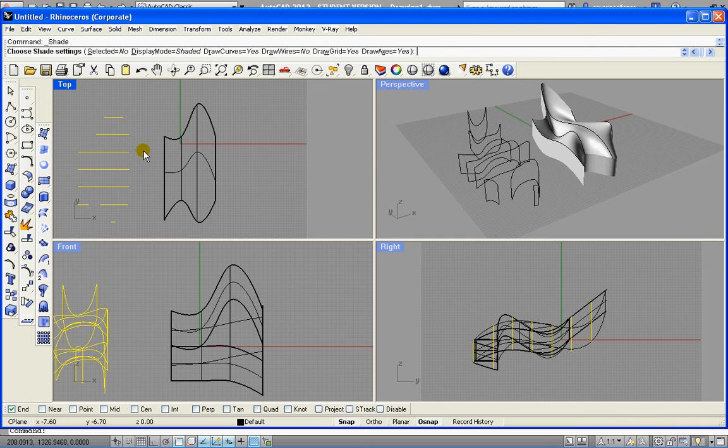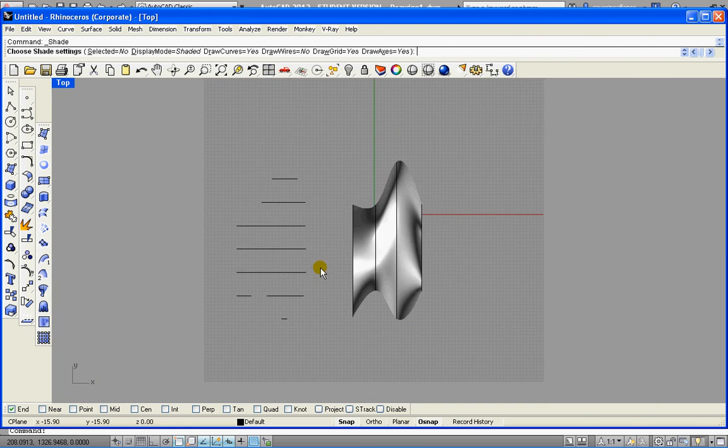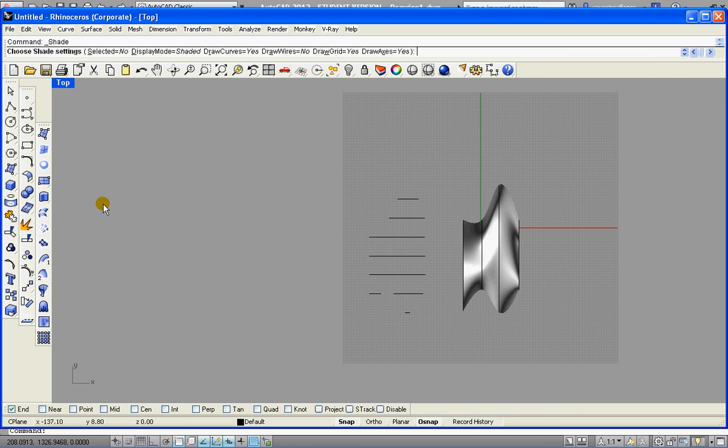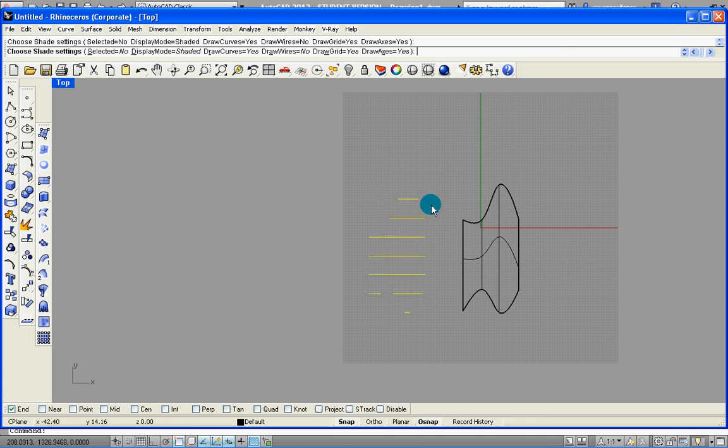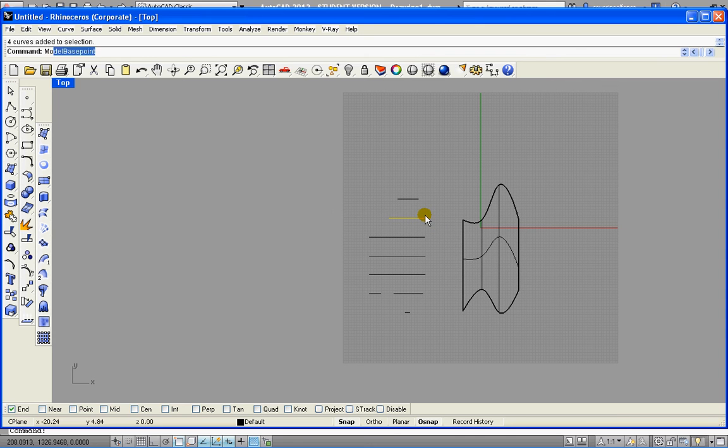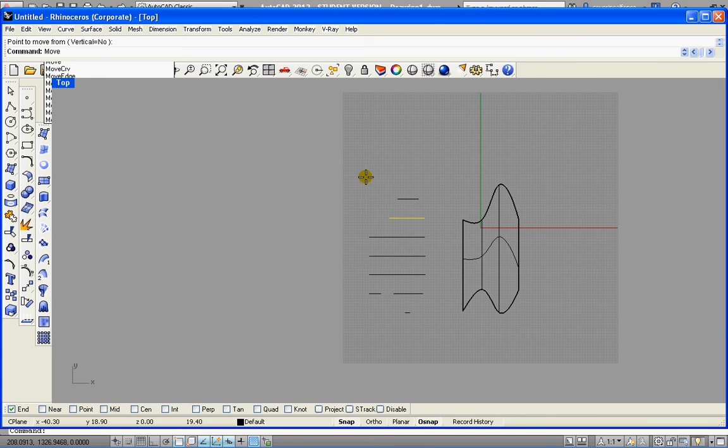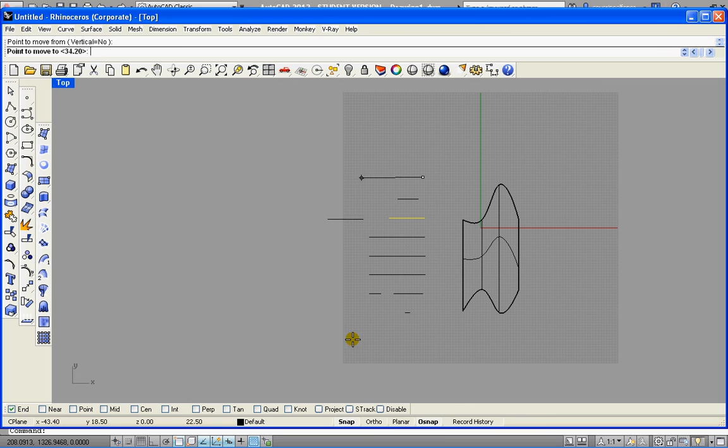If we go to the top view now, we need each of the curves to be independent and also projected. We'll see what that means to the C-plane. So if we select each of these curves and move independently 30 units, and we say ortho, let's say 30 here, let's say